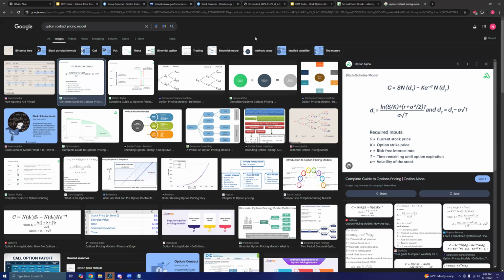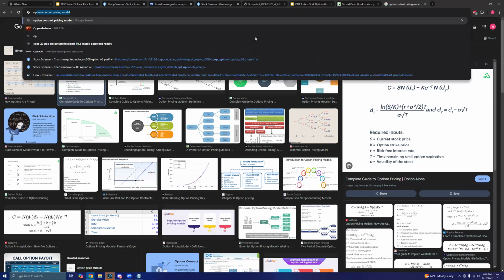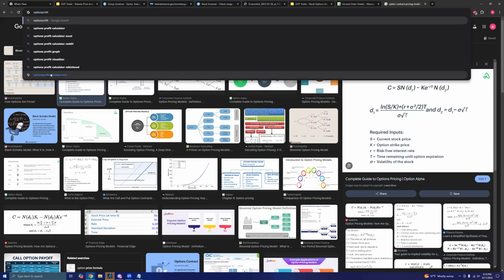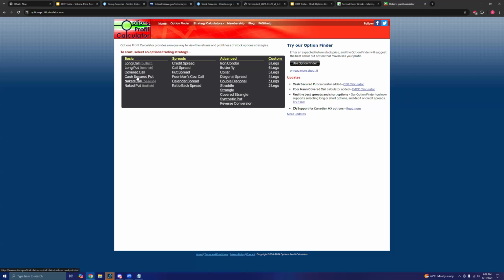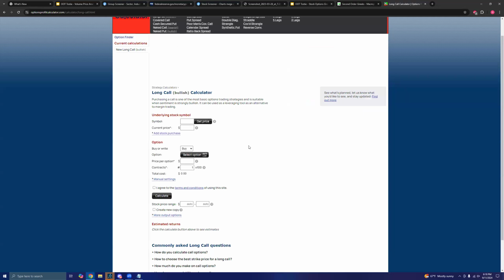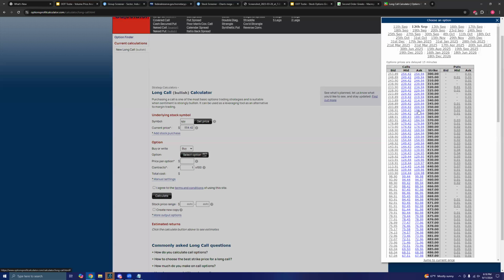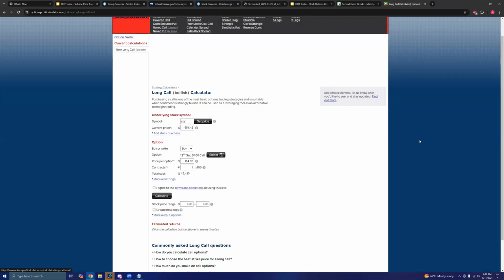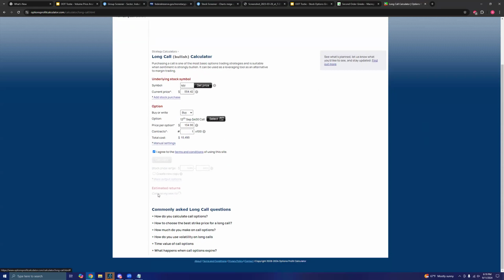If you are looking to predict the price of an options contract at a decent level of accuracy, one way that you can do that is using the option profit calculator, something like that. This online system is decent at best. Nothing's going to be perfect, but it's pretty solid for determining prices of option contracts based on stock price as well as volatility. We can just try that out really quick if we take a look at SPY. And then we can select the contract as well. So let's just say the 400 call, and we can just click calculate.